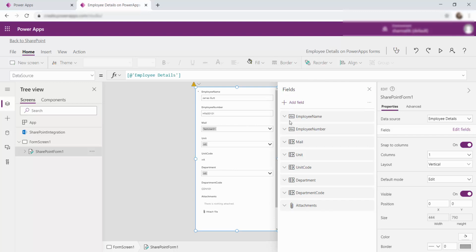Here you can add the fields, any fields you can add it. And here you have this edit section. So currently my whole form is selected and the selected control is being displayed over here, which is the SharePoint form 1, and all its properties are being displayed over here.